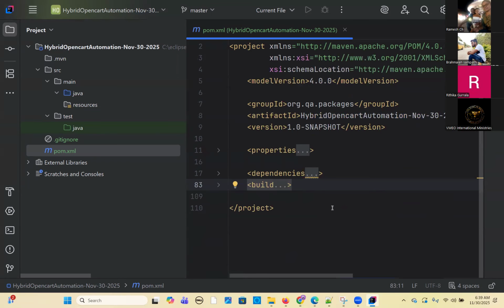So now project creation is done. We included all the dependencies. Now let's go and create packages under this. So under test Java, we need one more resources. Let's create a resources folder under test Java. So I'll create one more folder,